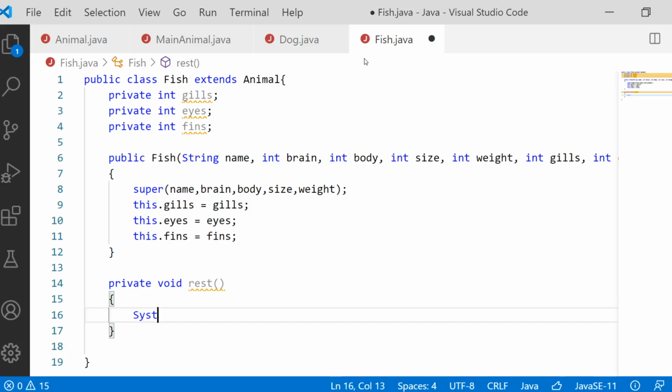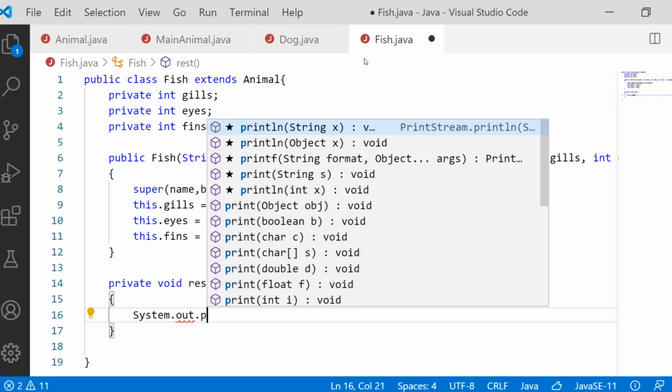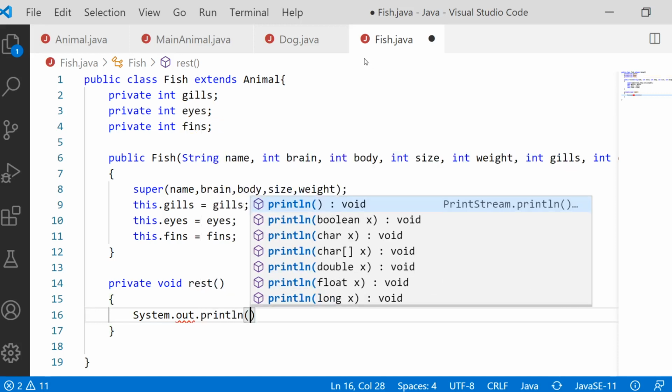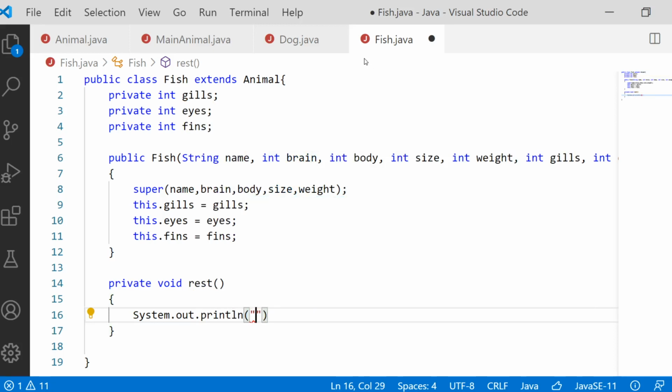So inside this method, I will just write System.out.println of what we will print: dog dot rest of is, sorry, it's not dog, it's fish. Fish dot rest of is called.